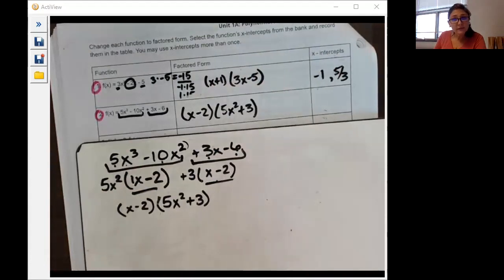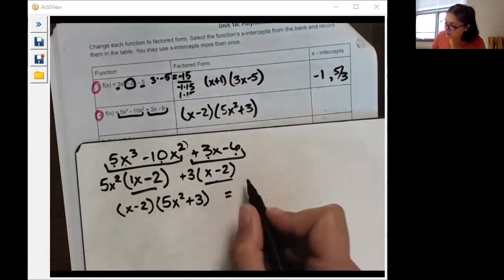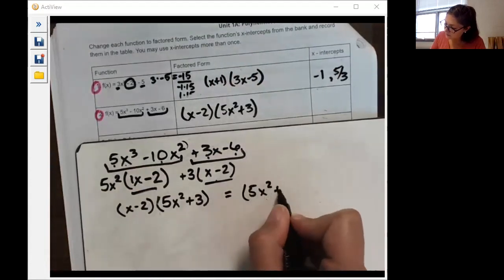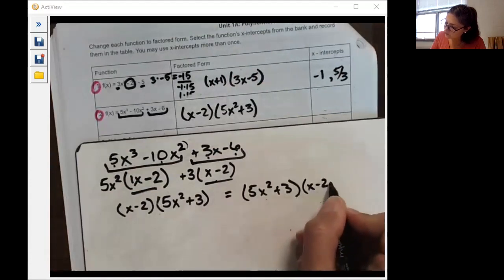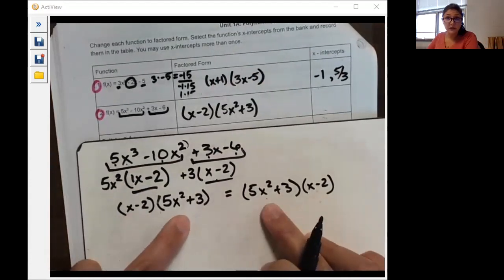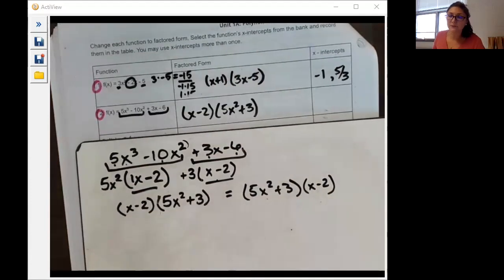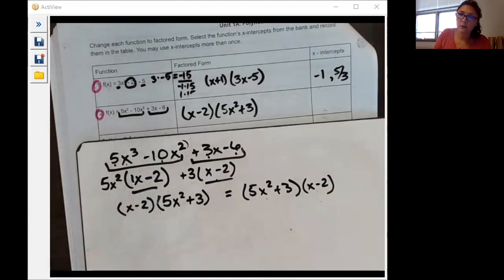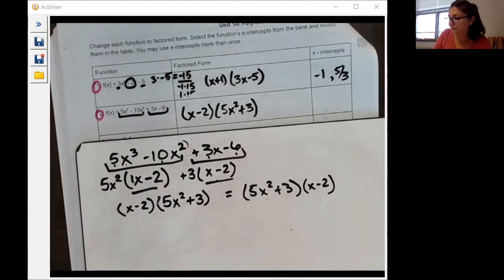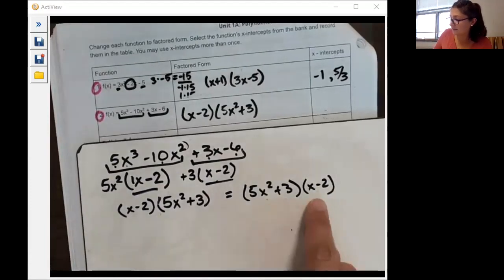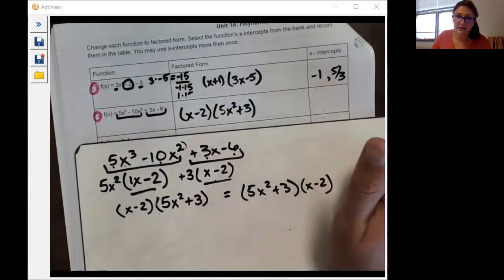Remember that the order in which you list your factors is not important. So what I have here would be the same as 5x squared plus 3 times x minus 2. As long as the factors themselves are the same, their order is not important. So as you're working through some of your problems, if you have maybe an answer key, or if you're looking up your homework with the document that's posted on the website on Google Classroom, if you see that you have this order on the answer key, but you wrote this, that means the same thing. It's like it doesn't matter what order in which I write my x-intercepts